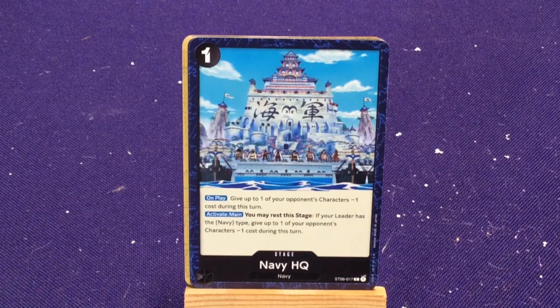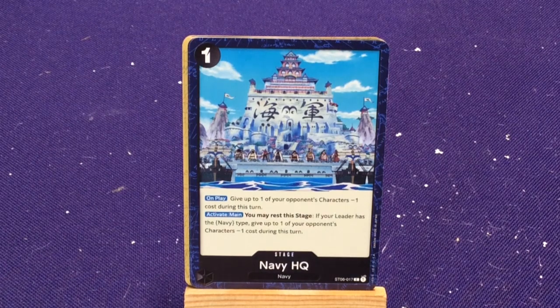And then active, you may rest this stage. If your leader has the Navy type, give up to one of your opponent's characters -1 cost during this turn. So the fact is you can now voluntarily give one every turn. It's awesome. Plus, it works really well with,